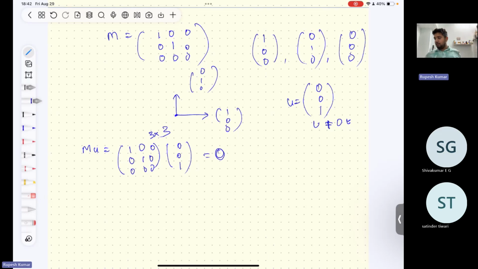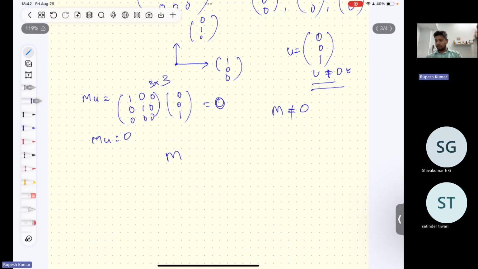This is 0, right? U is non-zero and M is also not a zero vector matrix, right? There are some non-zero entries in matrix M. Still, you are able to find M into U equals 0. When this happens, it is because the vector U lies in the null space of the matrix M. So these are some concept spaces